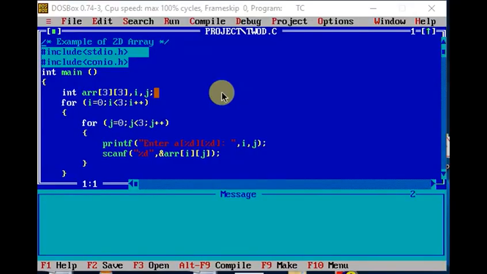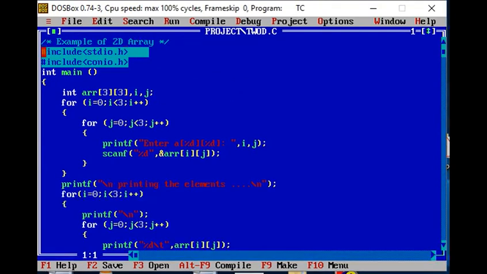Let us see a C program on two-dimensional arrays. Here in this program, we want to accept a two-dimensional array and display the same. So first include the header file, #include <stdio.h>, then include conio.h for clear screen. In the main function, declare an array int a[3][3], then i and j as indexes for row and